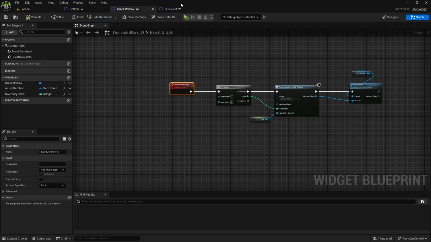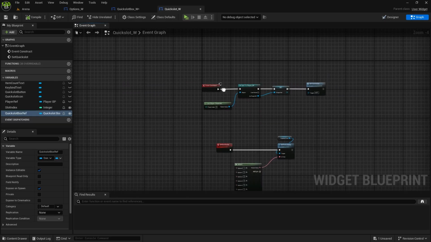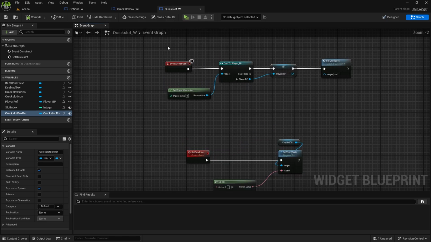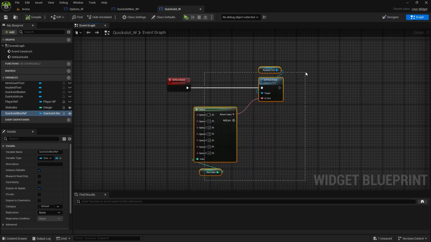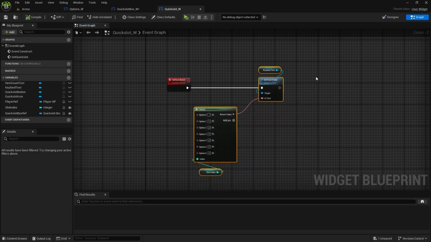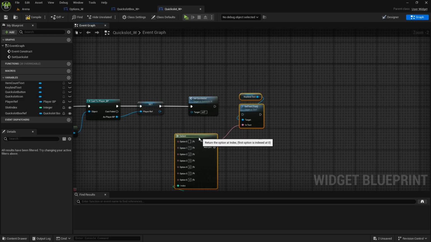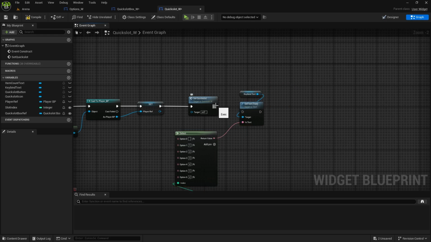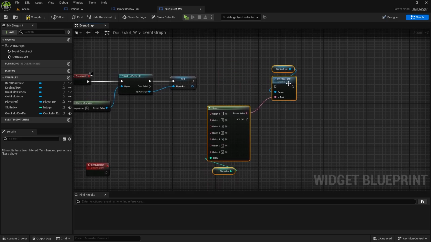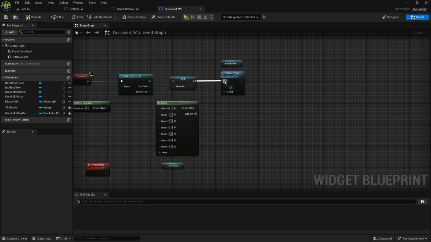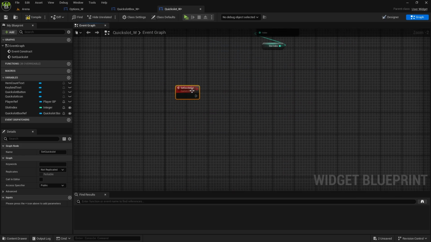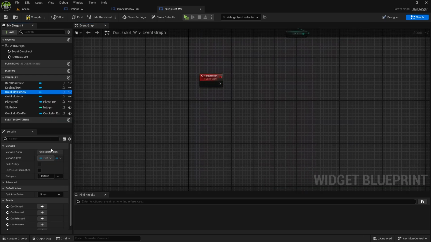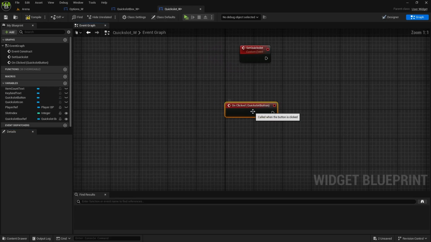And here I don't want to pass it all the way to Quickslot again, but we do have a reference so we can actually get it inside the Quickslot box from the reference. So on construct I'm going to move this setting the actual keybinds. So Control and X and paste it here. We don't need to set the Quickslot just yet. We're going to remove it from now. We will just set the keybinds. And then what we want to do is when we click on the button, so Quickslot button, on clicked event,